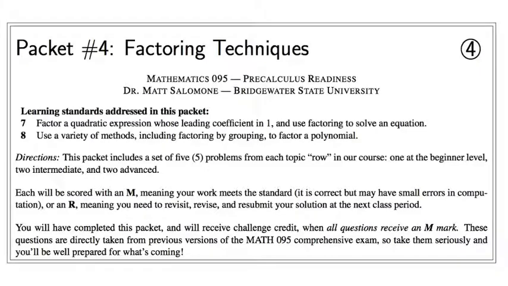Factoring that we are concerned about first, which is how to factor a quadratic expression whose leading coefficient, that should say, is 1. And then also be able to use factoring to solve an equation that involves a quadratic polynomial. So that's the first thing that we'll do. So our first climb up the mountain of factoring